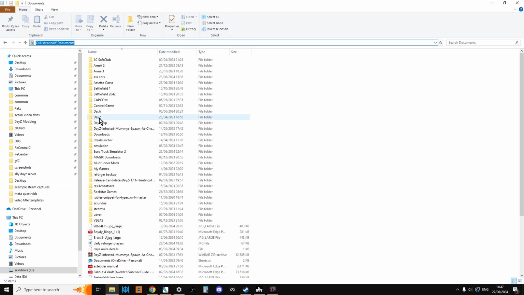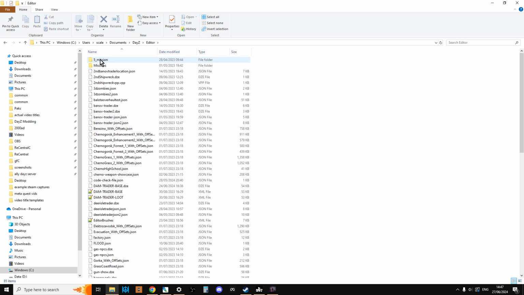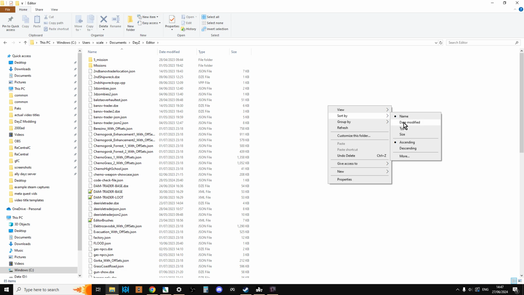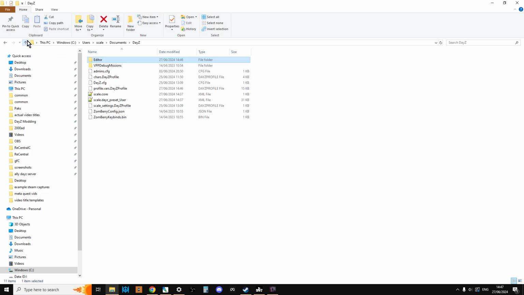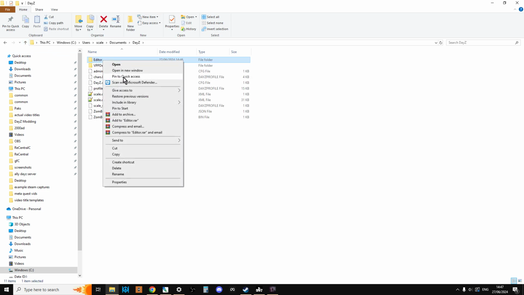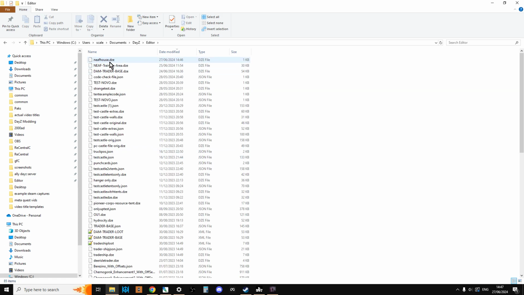So then if we go into DayZ here, there we see we've got Editor, and here we have all of the different files. So if I do sort by date, we should find my one is at the top there, northeastairfield.dze. So what I would suggest you do, if you right click that and pin that to quick access, it will mean that you can quickly get back to this folder, because it's not the easiest thing to do. So let's go into there. So there's